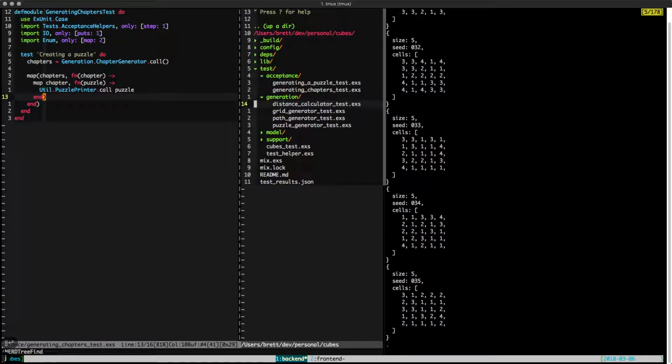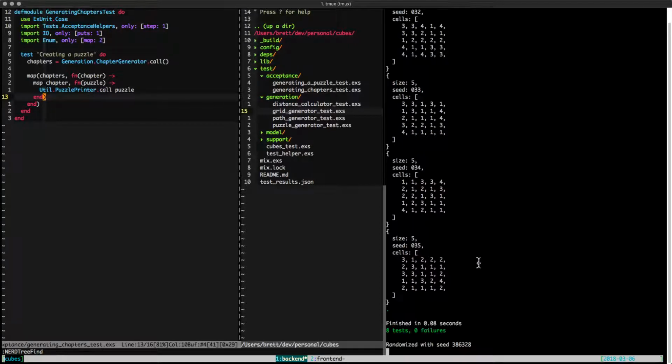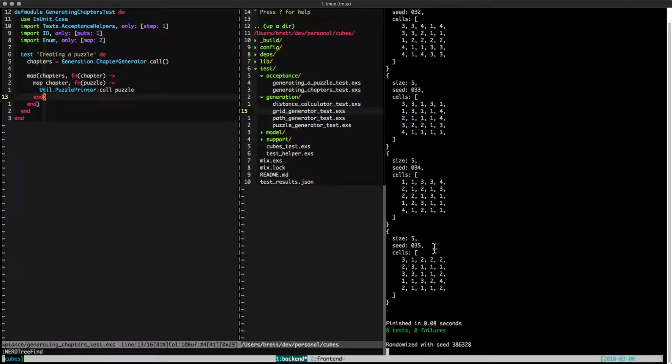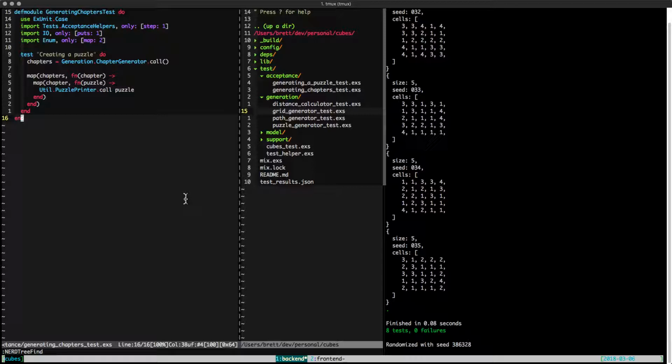So this chapter generator, we can see basically each puzzle has a seed. This is important for the long-term goal of the game, where puzzles are generated randomly, but they are deterministic. So given the same seed value, if you unlock a particular combination of characters, that will allow you to generate certain subsets